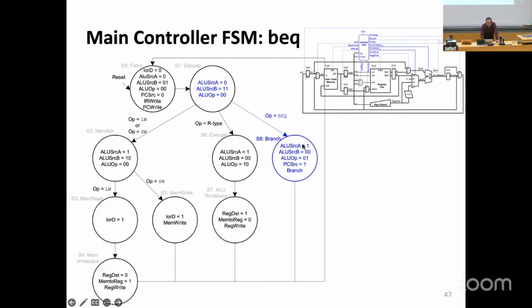BEQ is a little bit more complicated, but you can also do that, but I'll leave that to you. So there's only one state over here that enables BEQ. And in BEQ, actually, there's one trick that your book plays. It determines the branch condition over here, and then it basically calculates the target address over here and updates the PC using that. If you look at it, it sets ALU source A to 0, which is the updated PC already, because we updated the PC in the fetch state, if you remember. ALU source B to 1, 1, which is sign extended, immediate, left shifted,